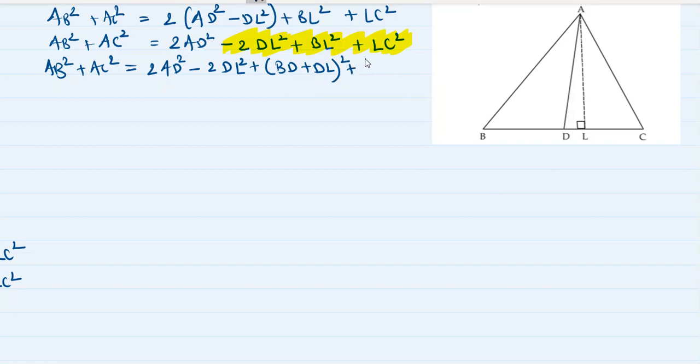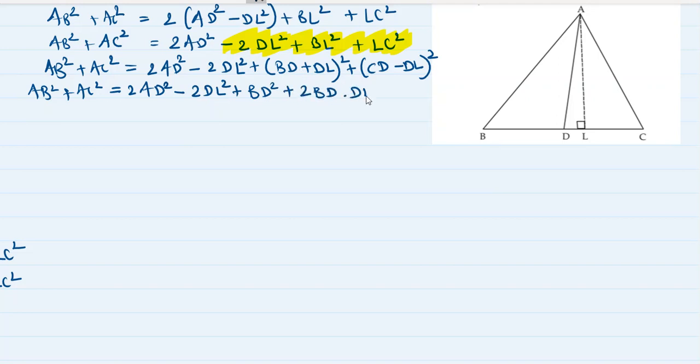And LC, I'm going to represent as CD minus DL, the whole square. Now I'm going to open the bracket. So AB square plus AC square becomes 2AD square minus 2DL square plus BD plus DL the whole square. I'm going to write it as BD square plus 2BD into DL plus DL square plus CD square